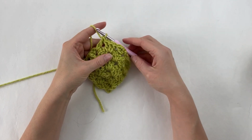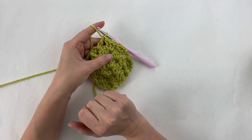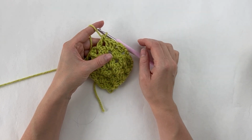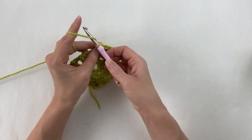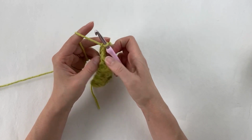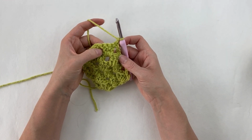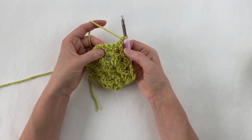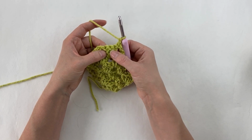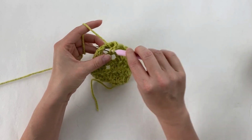So on this row, I've got my double crochet, my granny cluster, and my extended half double crochet. And there's no more left to work into here. So what I'm going to do is I'm going to chain 1 and turn, and I'm going to do a double crochet straight into this space here. So I'm skipping that first space between the extended half double crochet and the granny cluster and going into that last space for the row